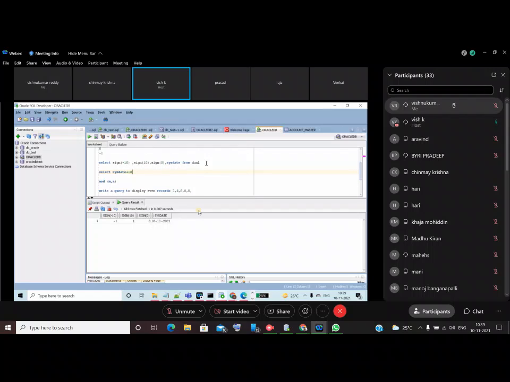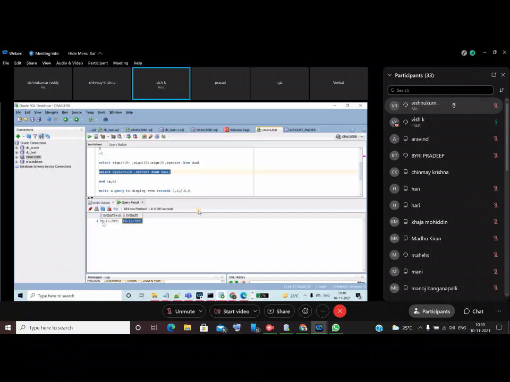You can use the plus symbol: sysdate plus 10 from dual. Actual today's date is 10, and I added 10 days, so it makes 20. All these date functions will be useful for your testing purposes, guys.